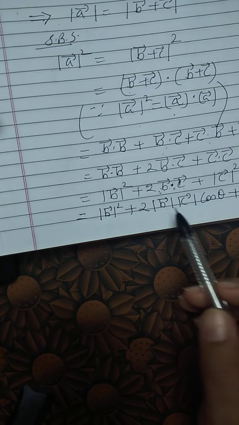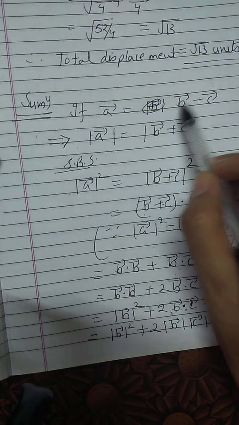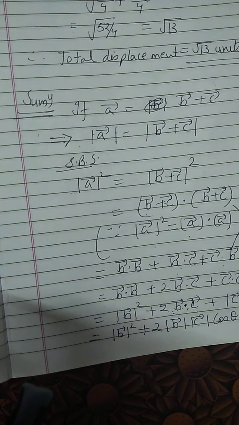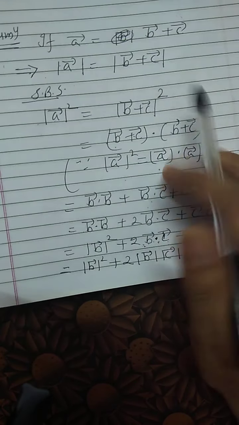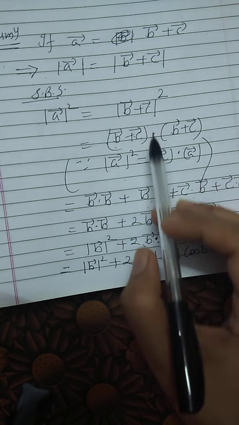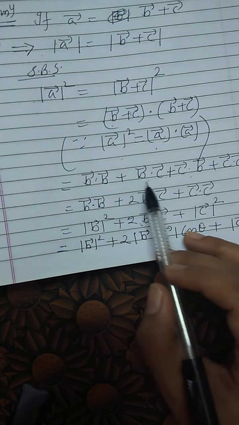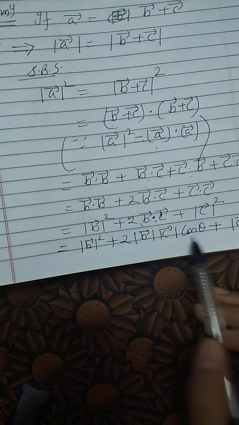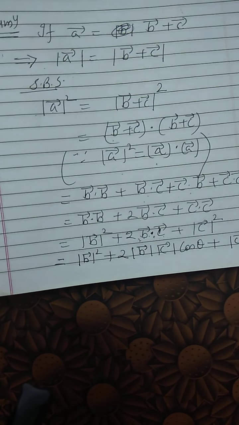Okay, so what I am trying to say, remember what is the question? We have to show, if a is equal to b plus c, we have to check whether the magnitude of a equals magnitude of b plus magnitude of c separately, true or false. So first of all we took modulus on both the sides. Modulus means magnitude, then we squared both sides. I have just applied the definition of the dot product here, and then when we got b dot c, once again the definition of dot product we applied. Okay, so now let me take you to the next page so that we can conclude the result.